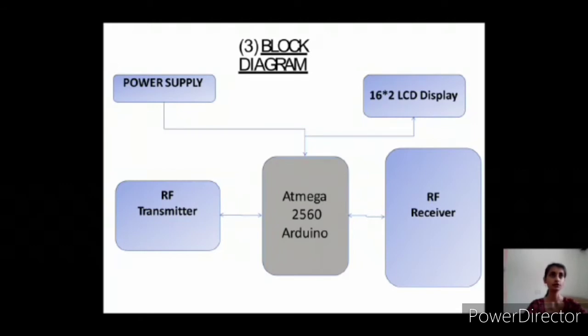Here I am Shivangi Shah, going to continue with the block diagram of our circuit. As you can see, in our circuit we have used the Arduino Mega 2560 to change the sequence of traffic. Whenever the RF transmitter sends a signal by pressing a slider switch, the signal is received by the RF receiver. With the help of the Arduino, the sequence of the traffic lights is changed automatically. The status of the ongoing process is shown on a 16x2 LCD. The power supply is used to power the Arduino Mega 2560 and the LCD.